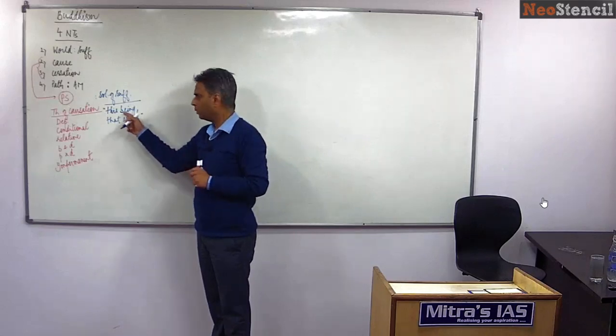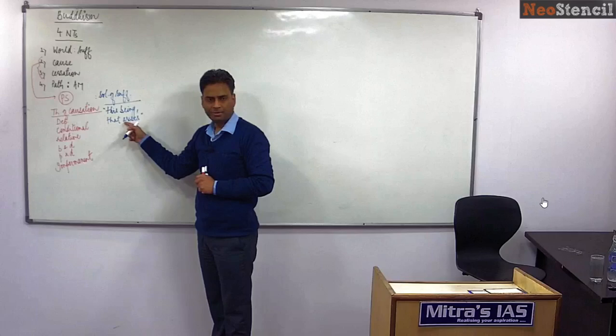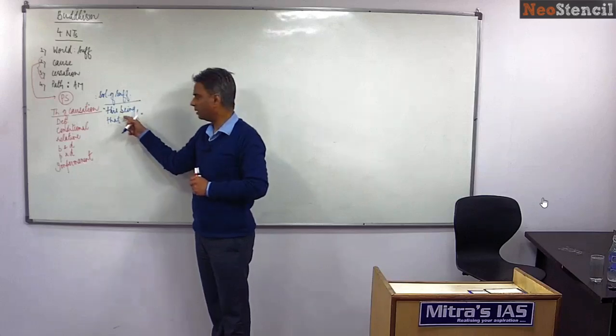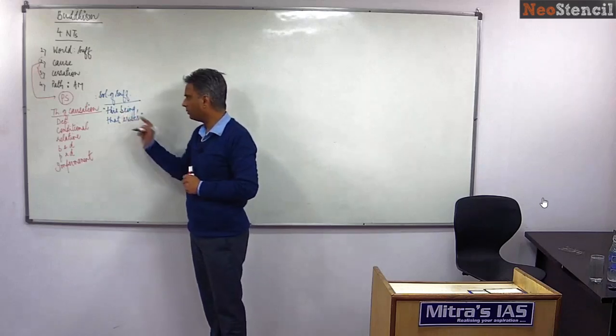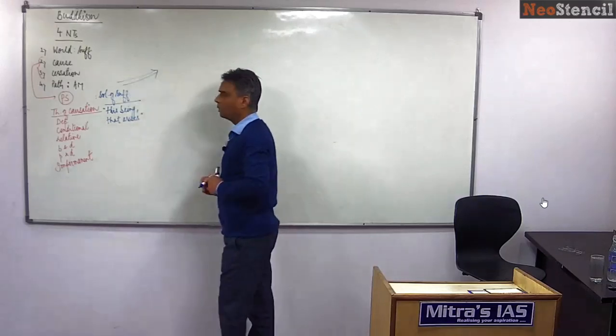Isn't it? Fire being, heat arises. Wood being, table arises. My thought being, my action being, fruit arises. Action being, reaction arises. So this is the cause and effect relation, and this is where he talks about the causal wheel,